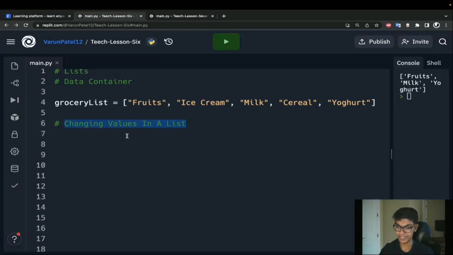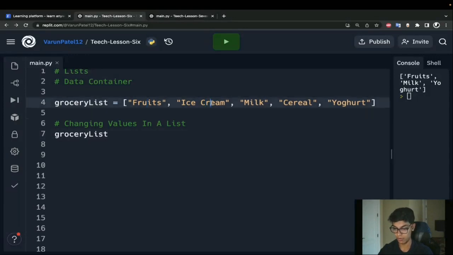So changing values in a list is pretty straightforward. The first thing you have to do is tell Python what list you're working with. Well, we're working with our grocery list right here. And I want to change ice cream to bottled water. Well, where is ice cream in my list? What is its index? Well, we know it's the second item, 1, 2. That means it has an index of 1, because again, Python starts counting from 0.